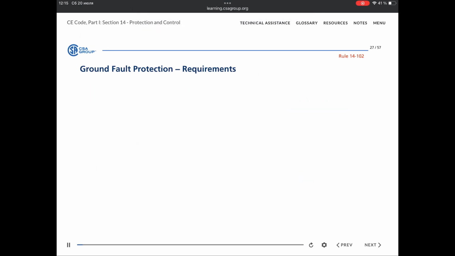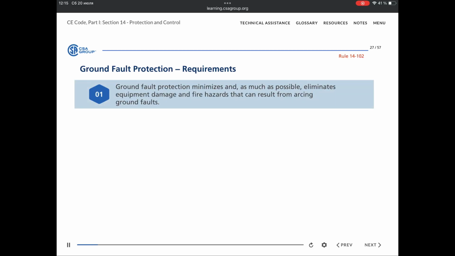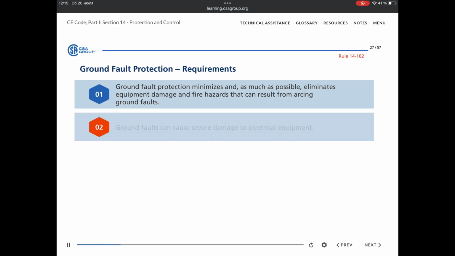Why is ground fault protection so important to have? Ground fault protection minimizes and, as much as possible, eliminates equipment damage and fire hazards that can result from arcing ground faults. Ground faults can cause severe damage to electrical equipment and the surrounding area due to the high levels